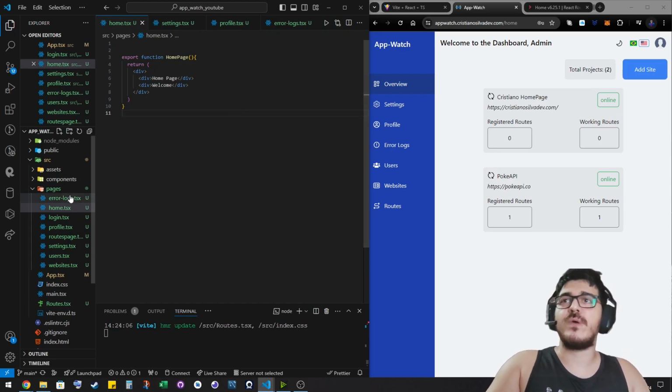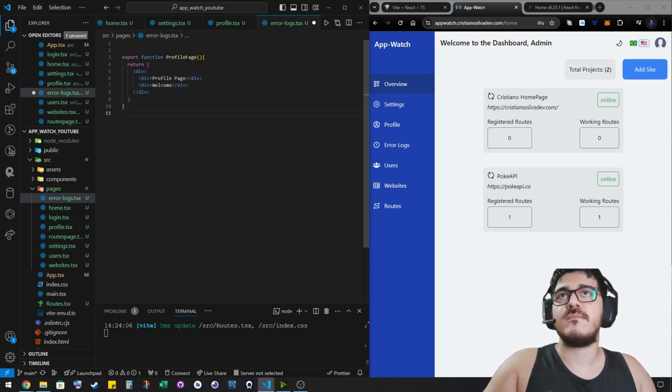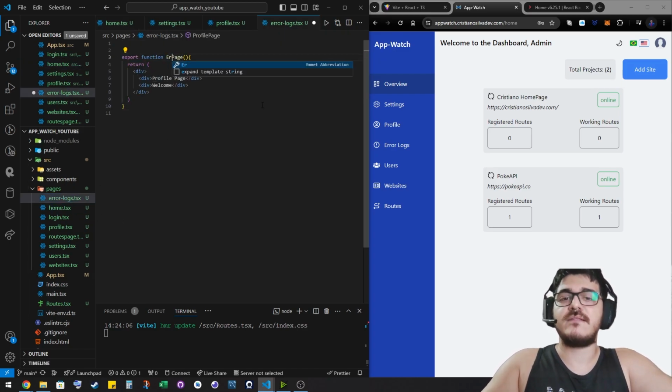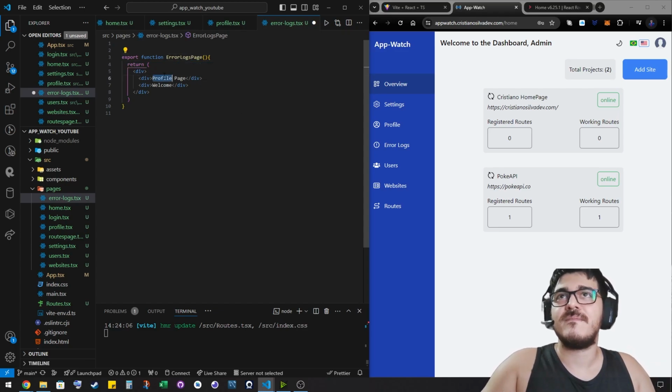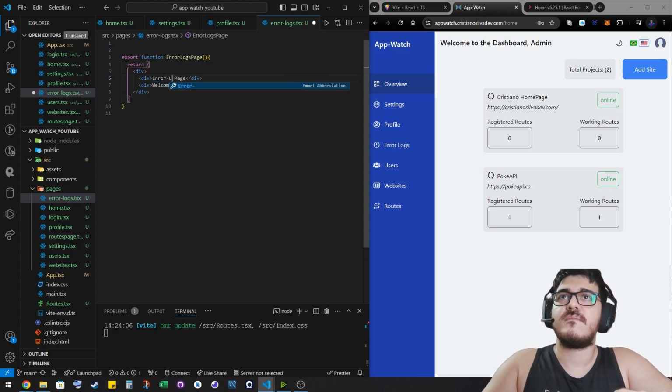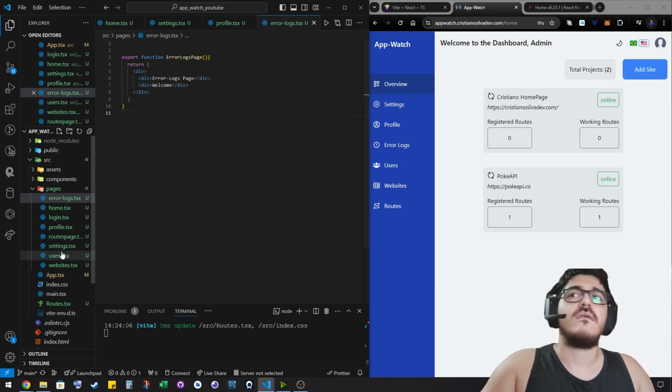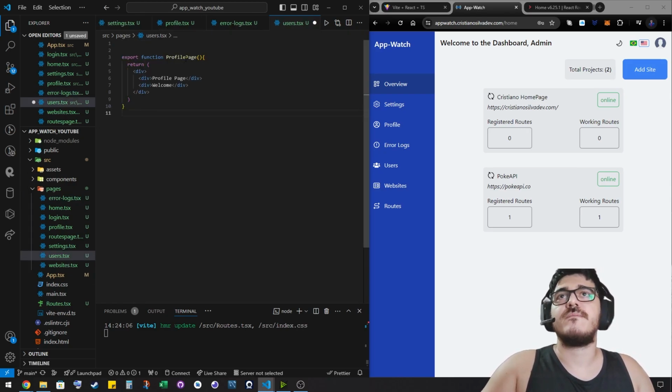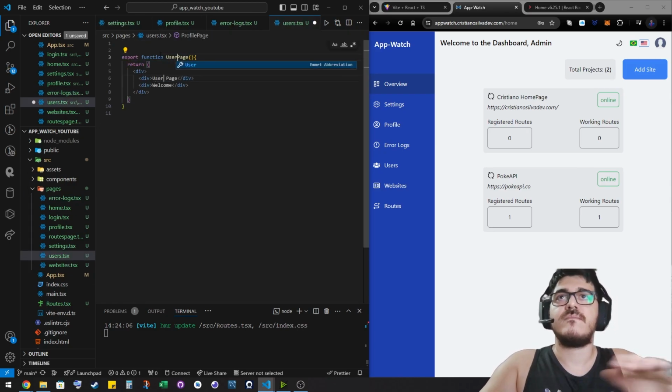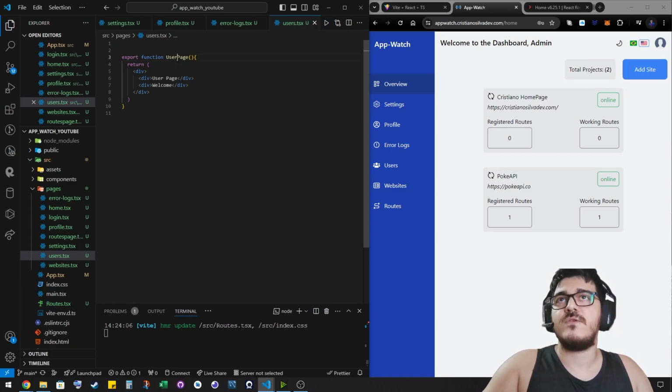I'm trying to do it quickly, but it's not that simple. So settings, user, of course, users page. I think this way is better. So okay, users page,